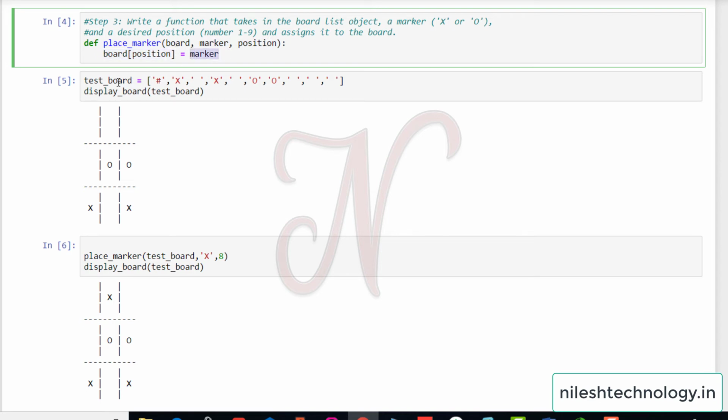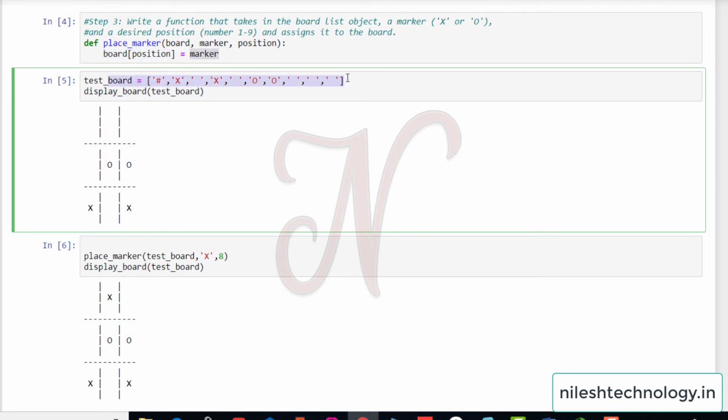See here one example. So this is your test board. Okay. So display board. Okay, so these are some blank positions. See here 1, 2, 3. Again 4, 5, 6. Again 7, 8, 9.